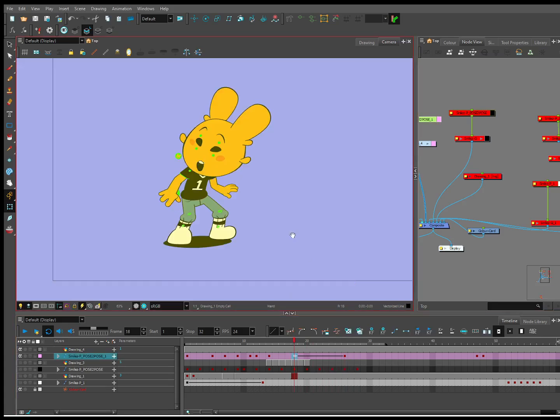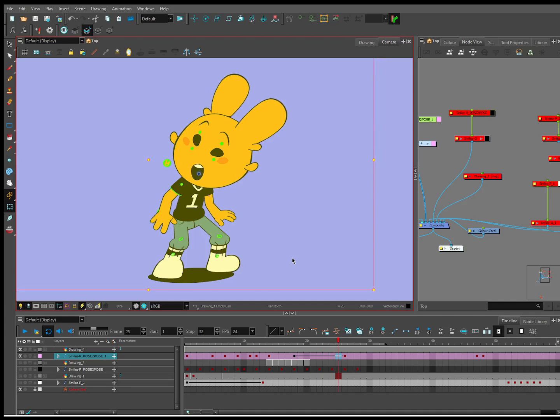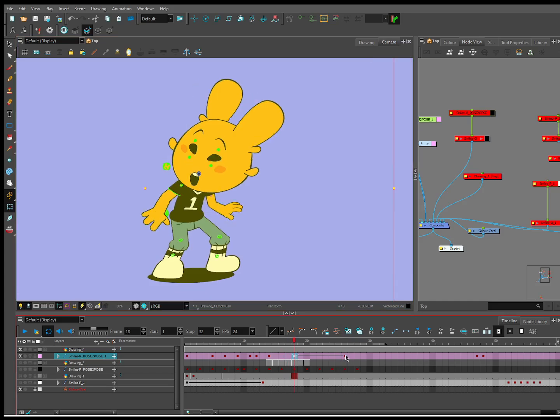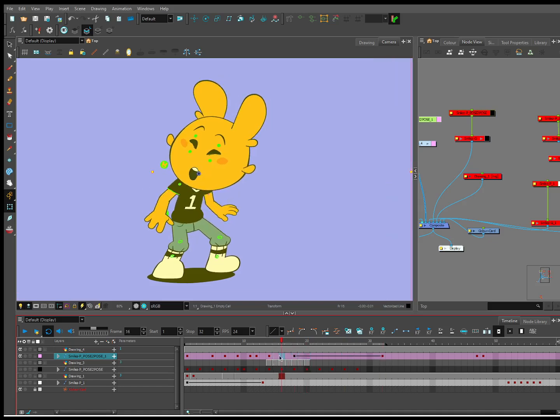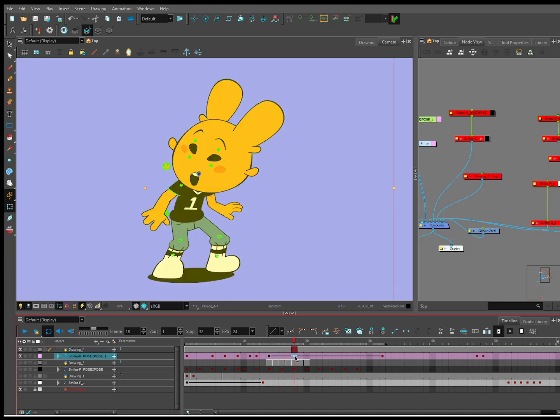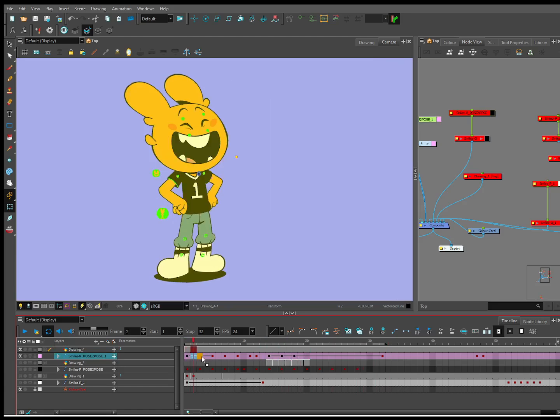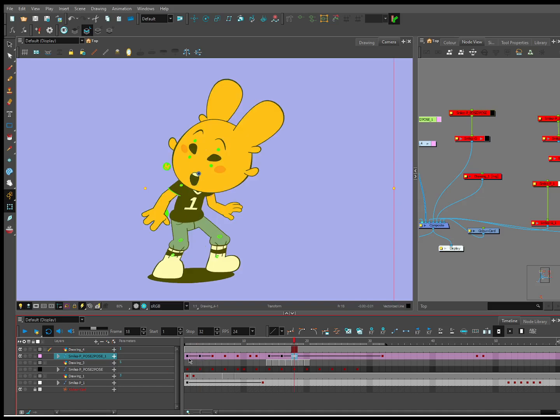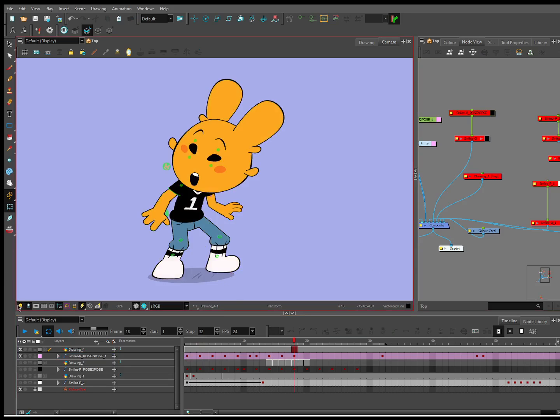Now, tweeny, floaty, what it basically means is things are settling up fine, but there's something that looks digital about it, which is fine. Everything's a style, but sometimes you may not want that style. I'm going to give you an example of what it looks like. So let's say, I'm just going to quickly fill in some in-betweens here, so you can see what the difference of subtle is.